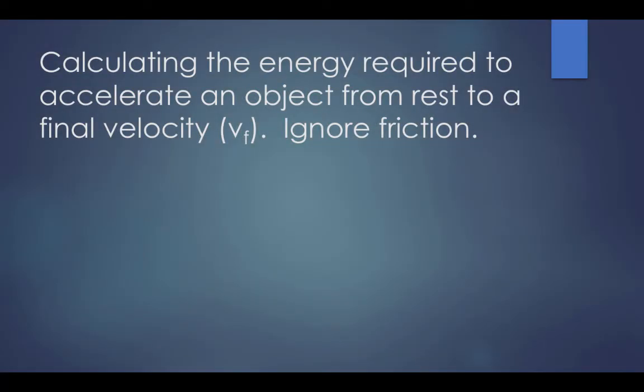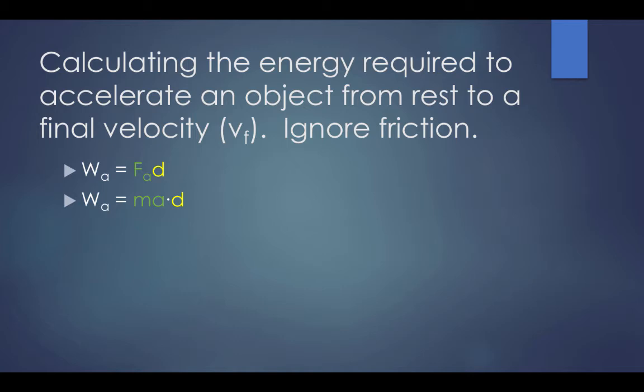Let's look at how to calculate the energy required to accelerate an object from rest to a velocity v. We will ignore friction in this example. Work applied equals force applied times distance. This is our work equation. Recall force can be written as mass times acceleration, so subbing in ma, we get work applied equals mass times